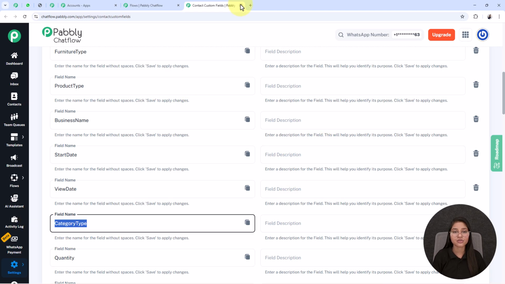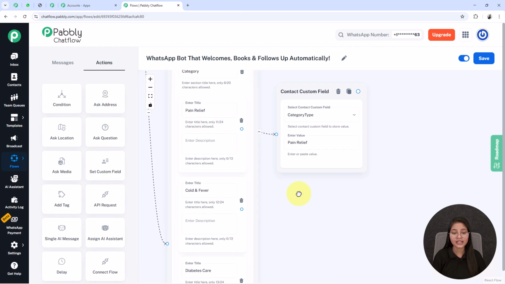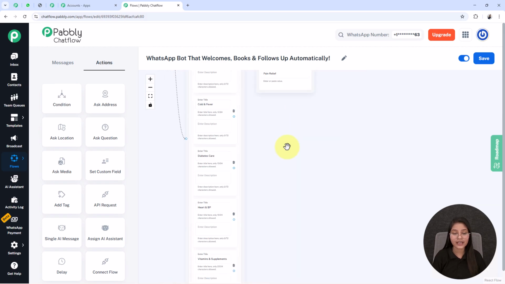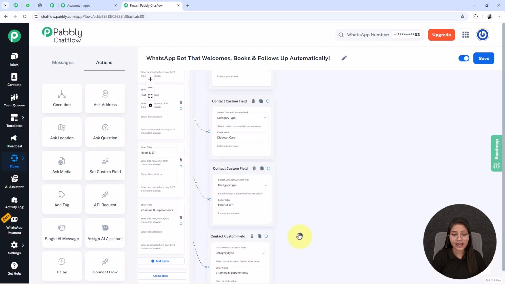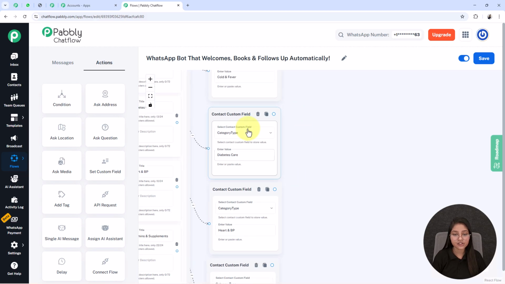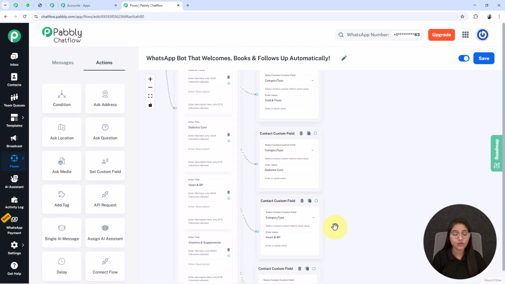Now we will go back to our flow. Here I set this contact custom field specifically for this category type. Now I am going to set up 4 more contact custom field nodes for each of these category types. Here I have done it, and as you can see, I use the same contact custom field, category type, in each of these nodes, but change the value based on the inputs. You also have to make sure that whenever you create a list, the input you have entered in this enter title box is the same as what you write in this enter value box. At the end, this will help your bot provide a customized message to my users completely based on their selected